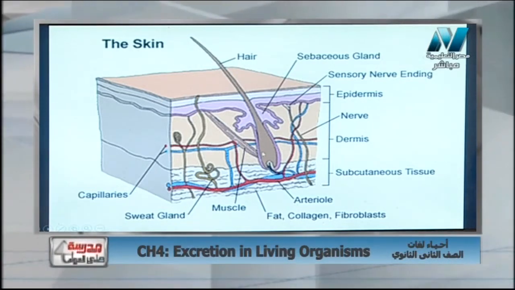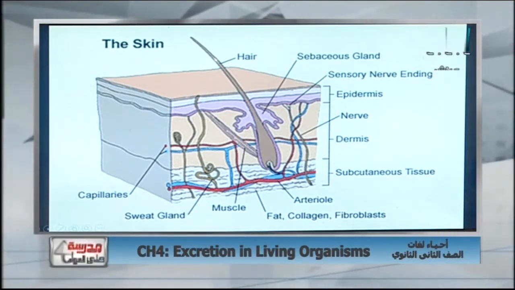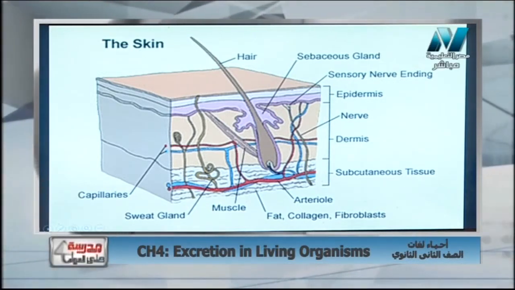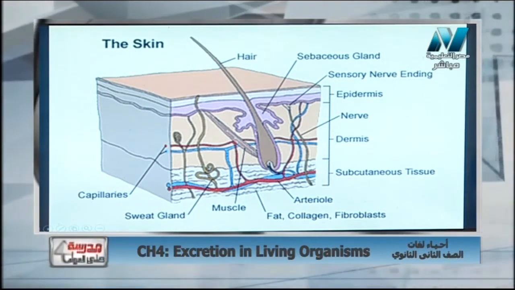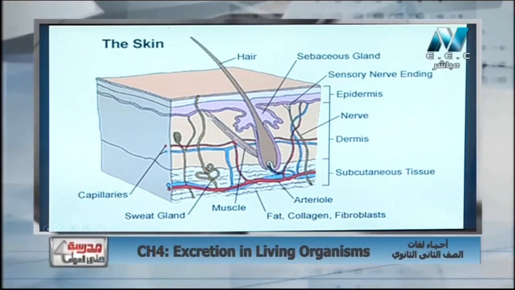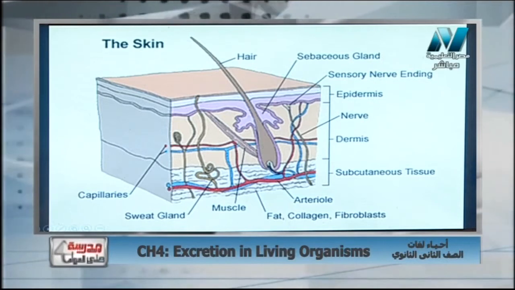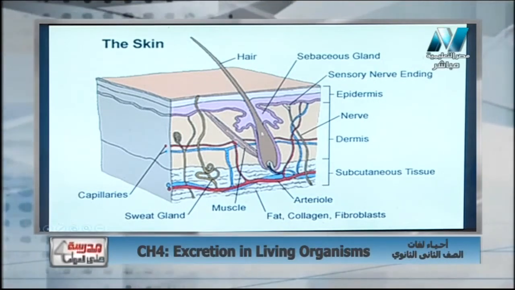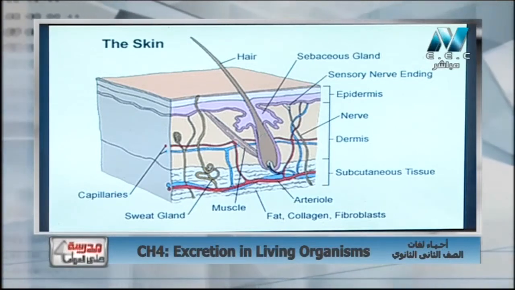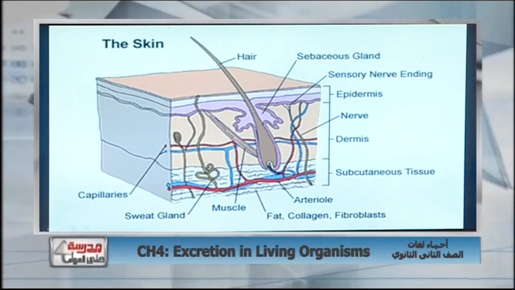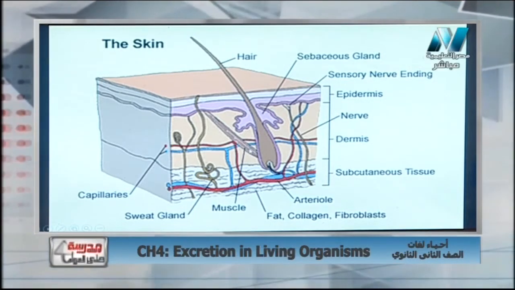The hair follicle, or the base of the hair, and this hair comes out from the skin through the epidermis. And as you see, the hair follicle is connected with the erector muscle, and this erector muscle contracts to make the hair erect. When it is cold, we shiver, and this shivering means the erecting of the hairs due to the contraction of the erector muscle.